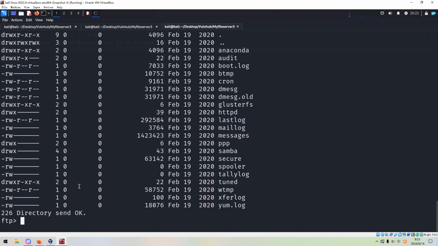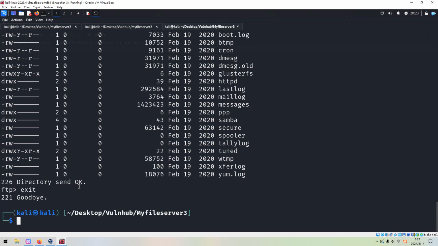So many files, and I think all of them live within the log directory, but I don't think we can find anything important. Maybe we would need to spend a lot of time to try to get useful information from the logs. Okay, so for now I just exit from the FTP session.